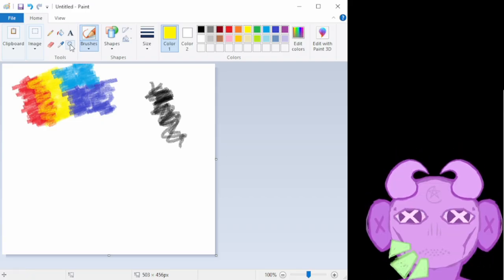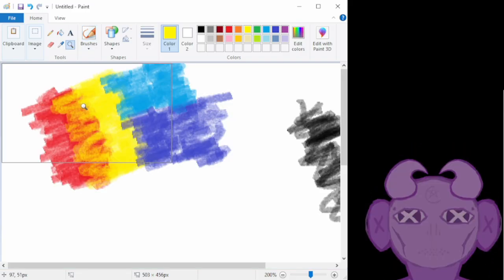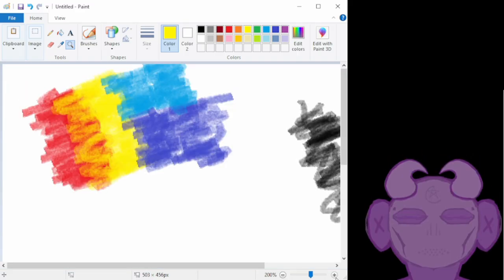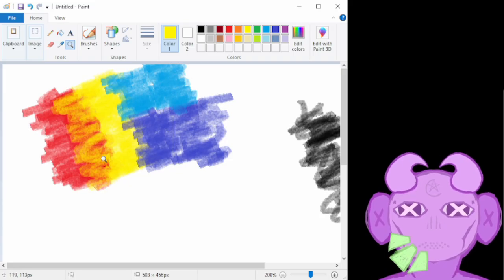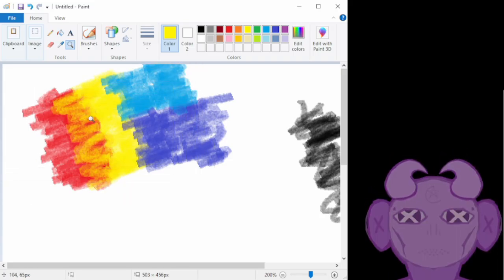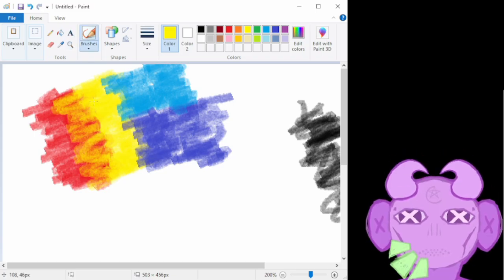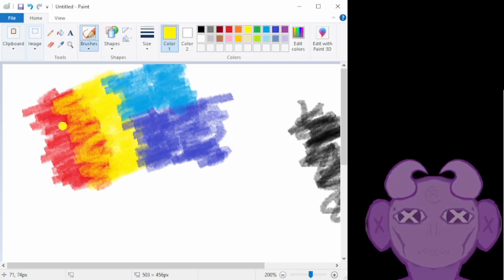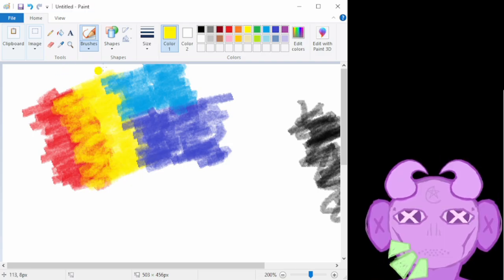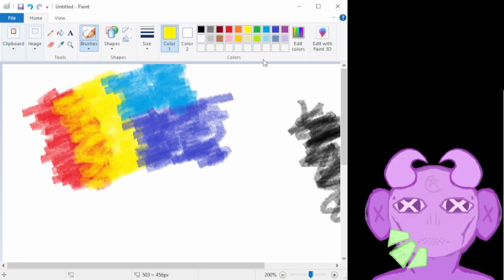Let me actually zoom in just a little bit. So when you really get in there, it kind of gives off the effect of orange. And if you want your orange to be more yellow, then have your final color be yellow. But if you want it to be more red, then